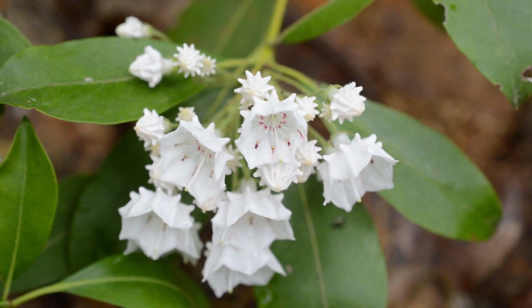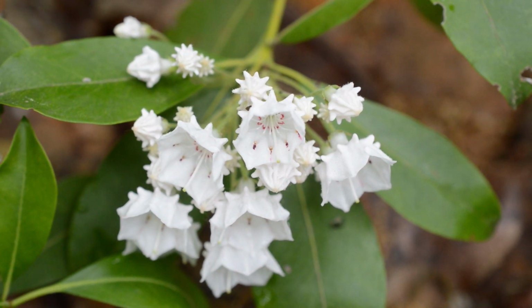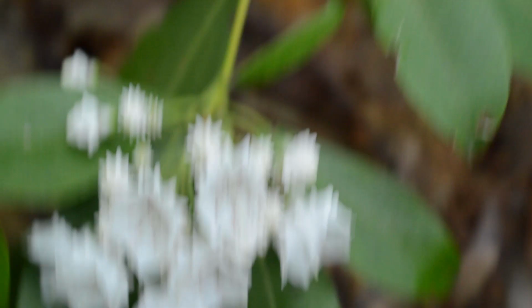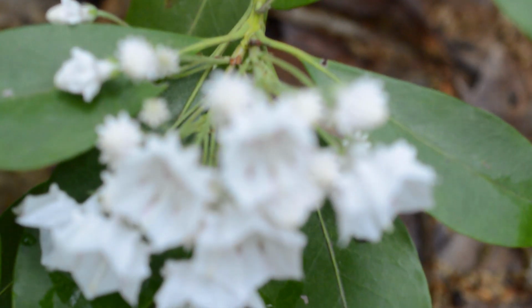Actually, I'm looking at a dead one right next to me. It's got much more impressive bark. But then again, there's quite a few around. I'll show you the bark in a minute. These things are famous for their bark. And one other thing to show you with this guy. So obviously it's got these beautiful flowers. I'm going to see if I can demonstrate to you one of the cool